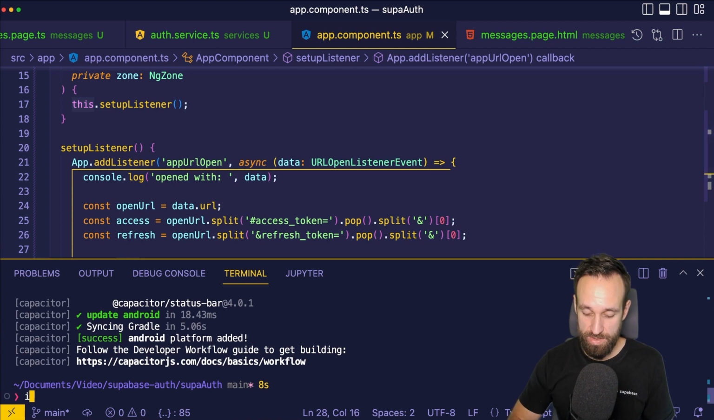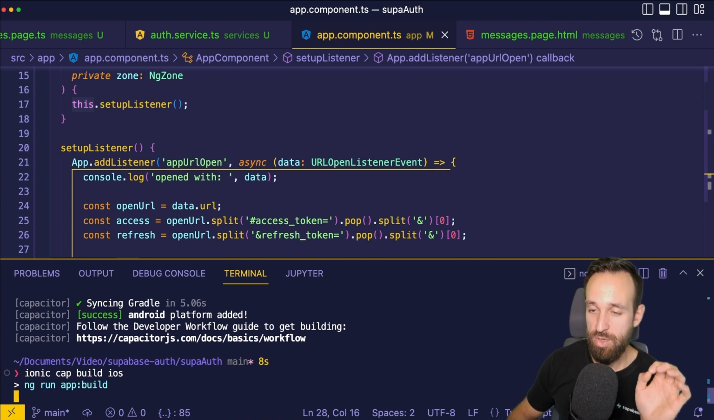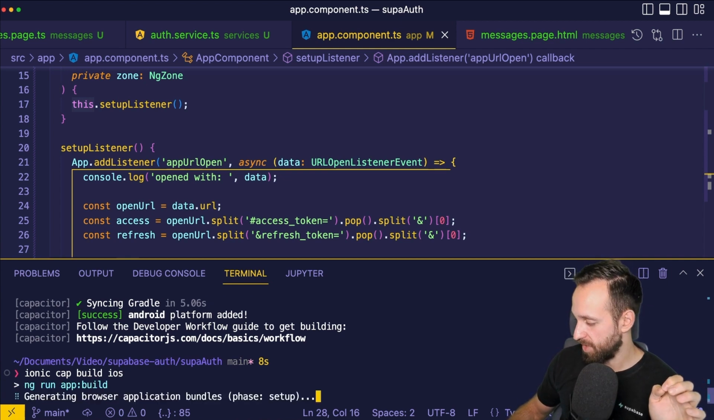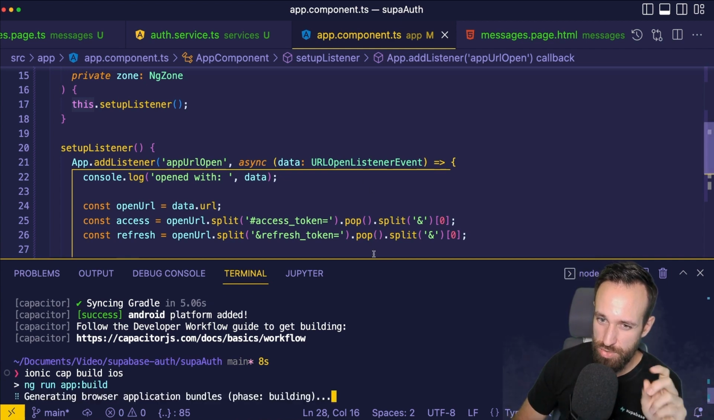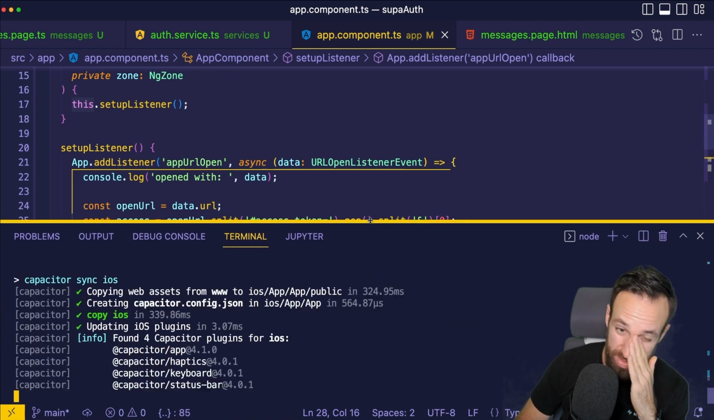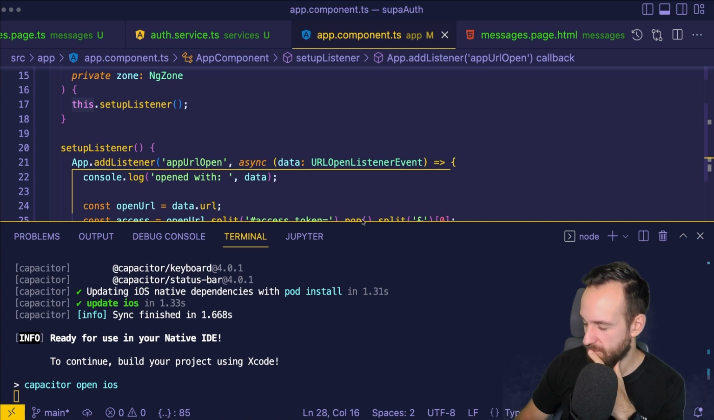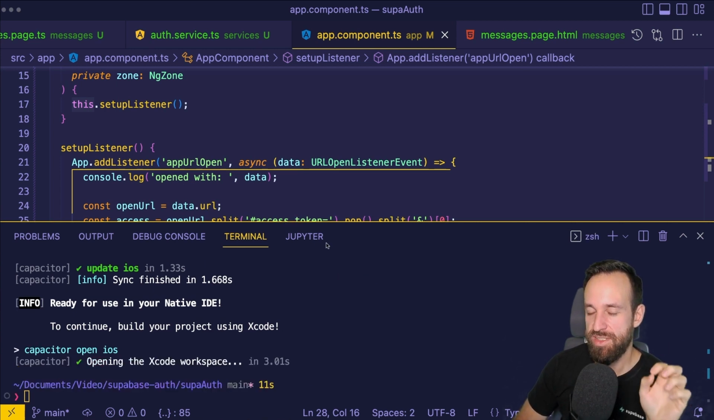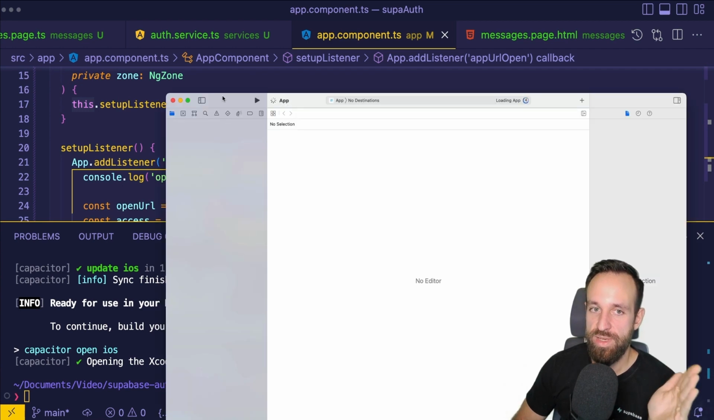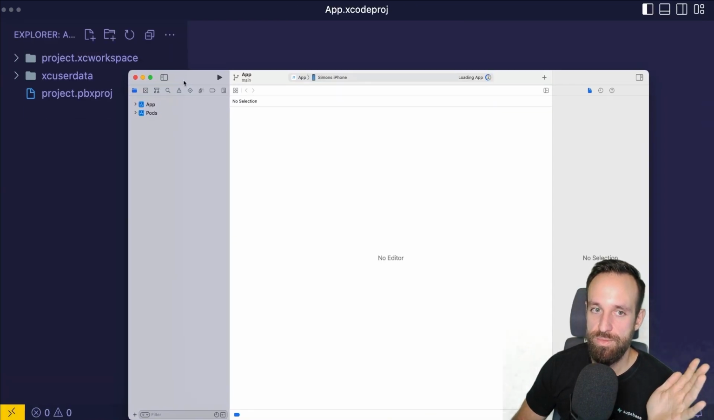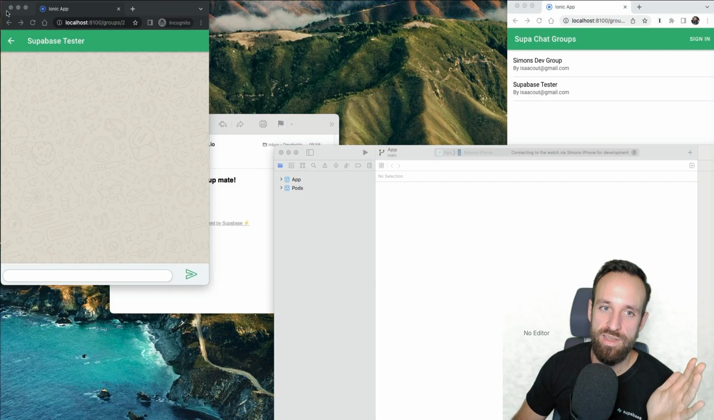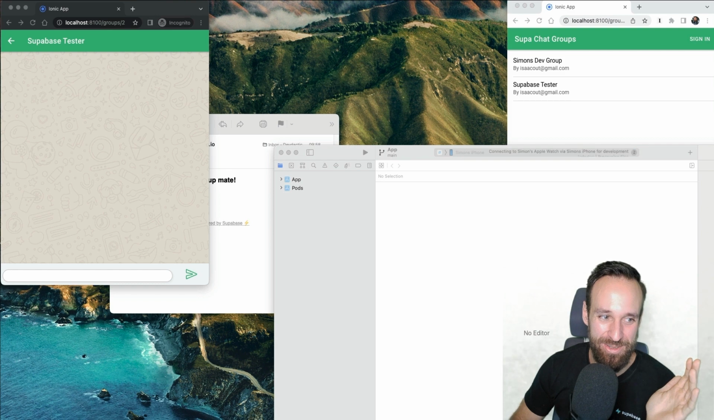So let's run Ionic cap build iOS. I would be careful with live reload. If you're using live reload, your application is served from a different host, so in that case it's not really giving you the right result. So if you want to test this behavior, you should really run a native build, and then from Xcode or Android Studio